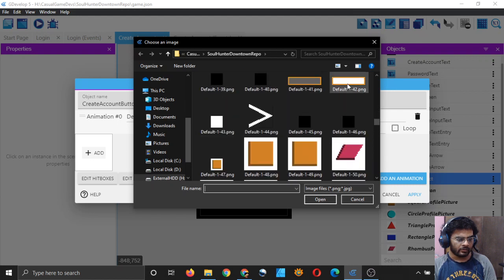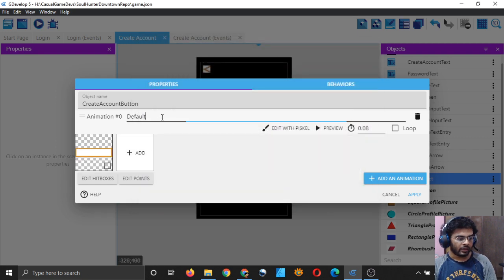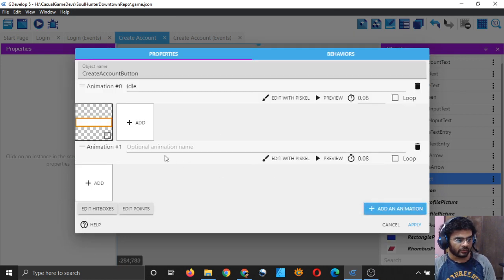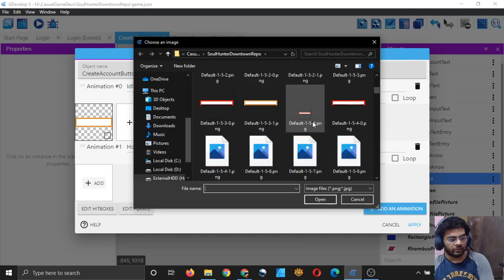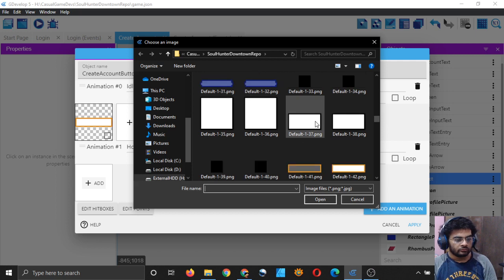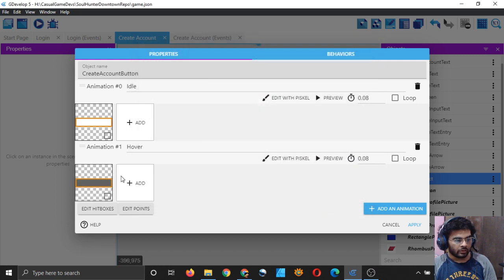I think it was these, yeah, it was these two. So this one was for idle and that one was for active, right? Hover. So I will simply select this one, and I will change the animation name to idle. I will add another animation, and I will change the name to hover, and I will add the other image, this one, and that's good.